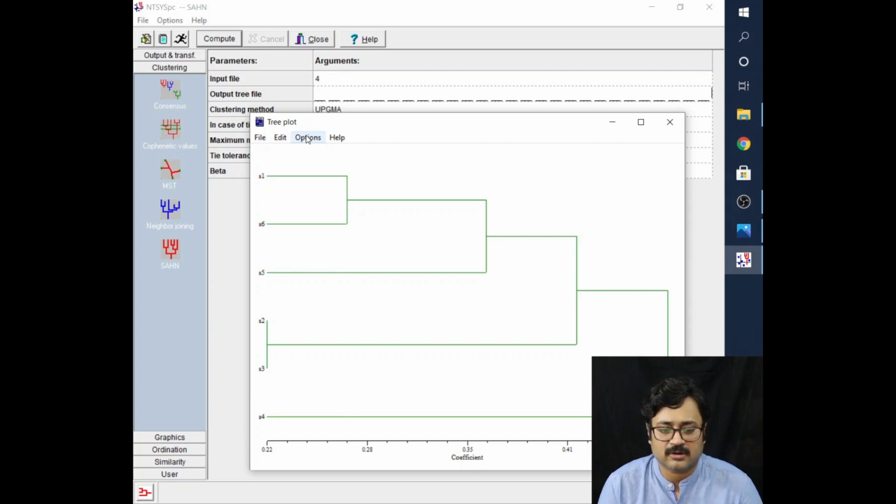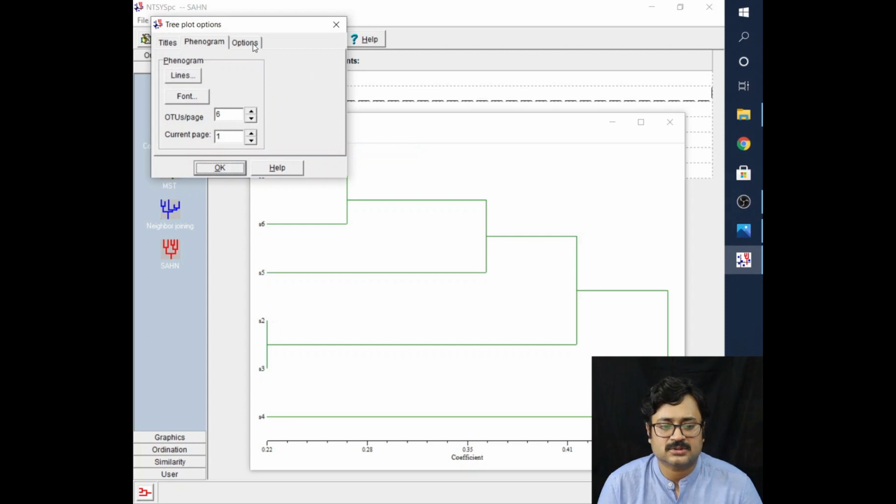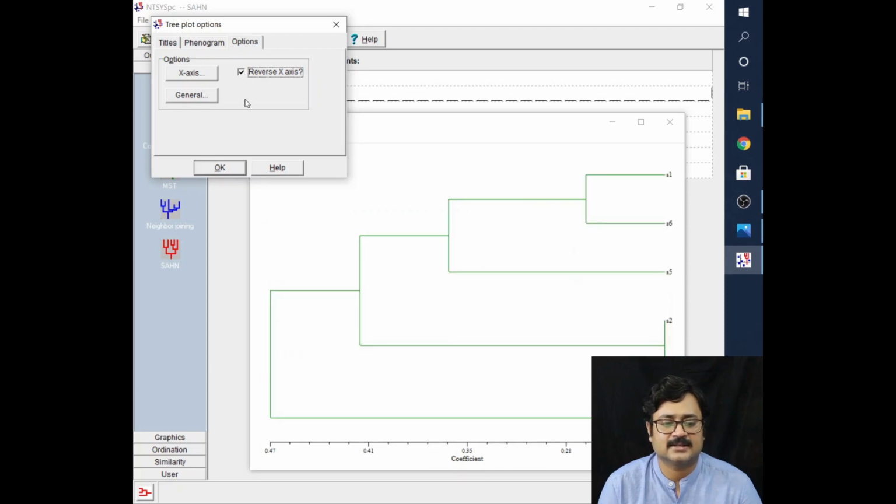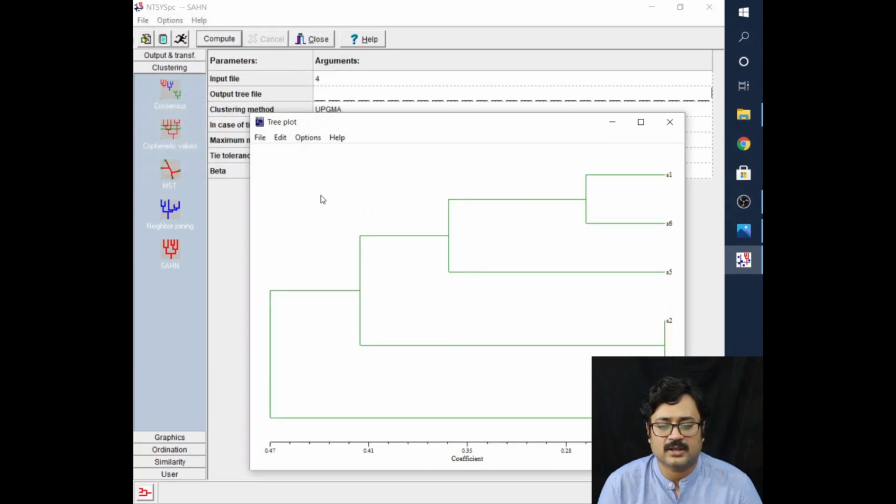For that, go to options, plot options, then options here, and click on reverse x-axis and press OK, and it will just go the other way around. So this is another customization that you can do if you want.